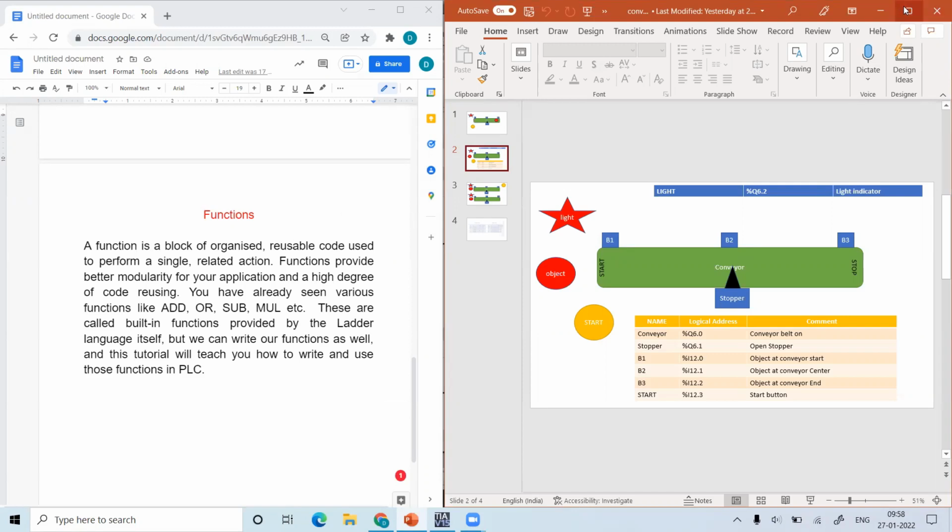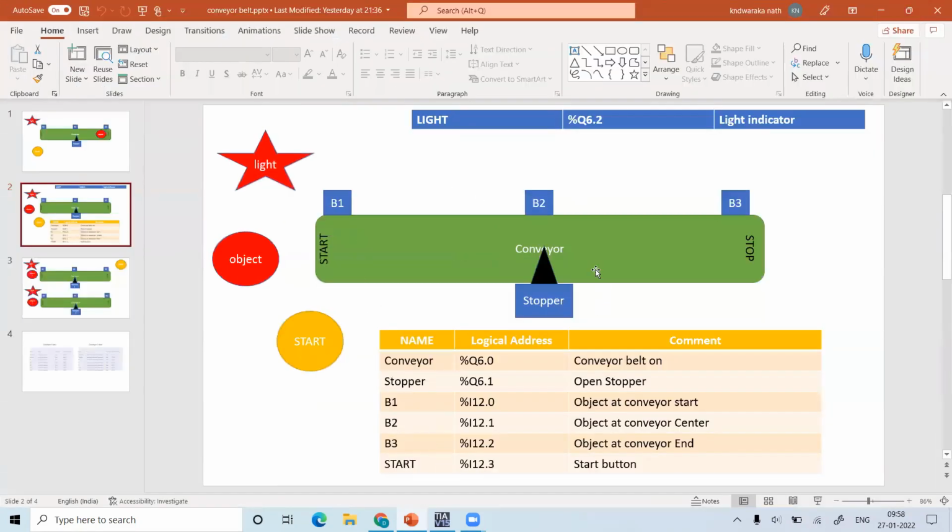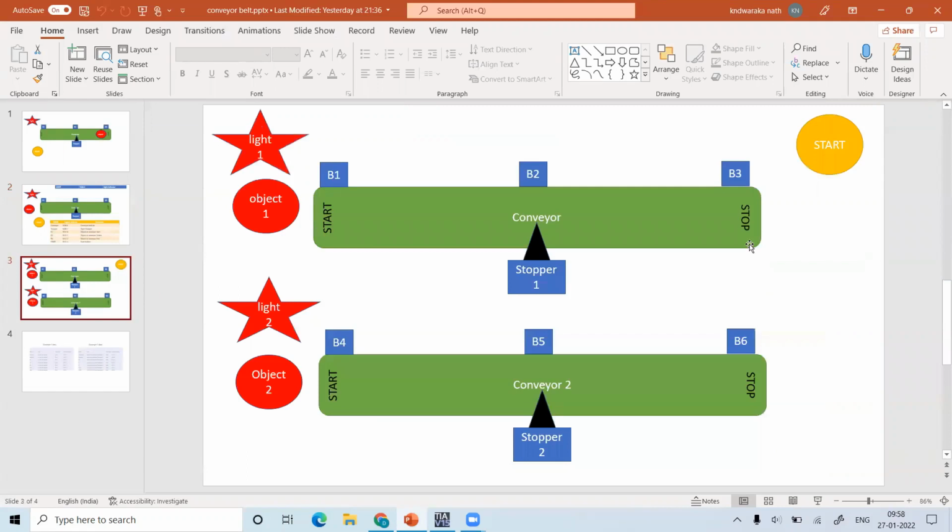So now we come back to our conventional conveyor system. I think you are already familiar with this conveyor system. For example, for this conveyor system, I create one function. If I want to use two conveyor systems in my system, I cannot write a big code for one conveyor system, and again a second code for another conveyor system. Instead of creating so much code, I will create one function of the conveyor system and I will reuse this conveyor system wherever it is needed in my program.